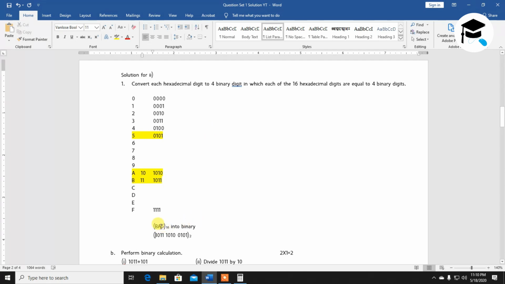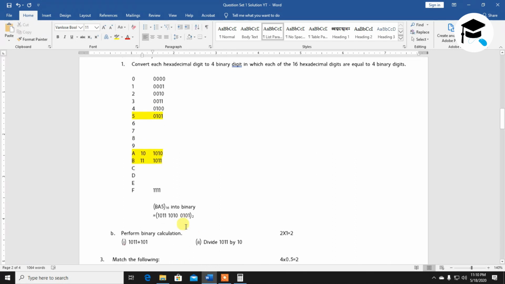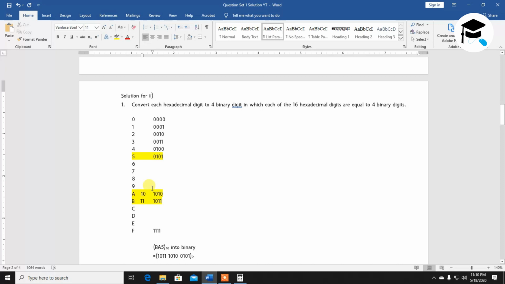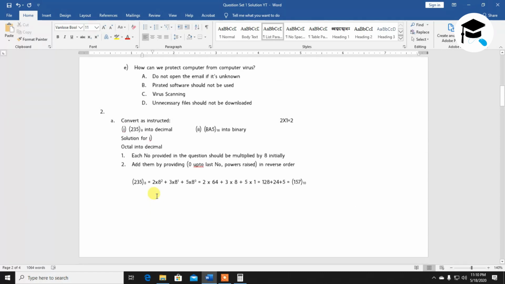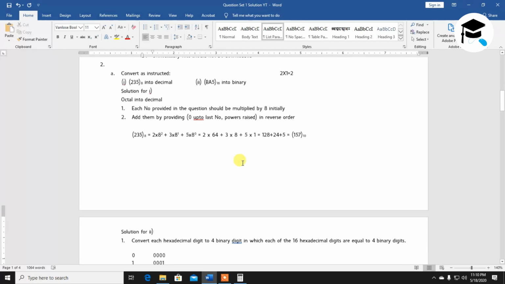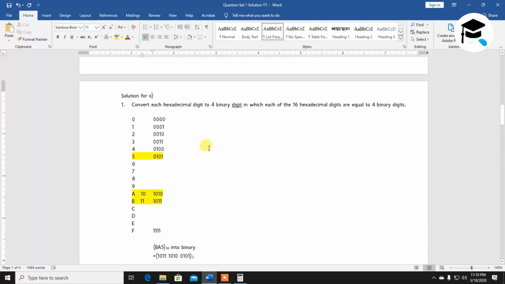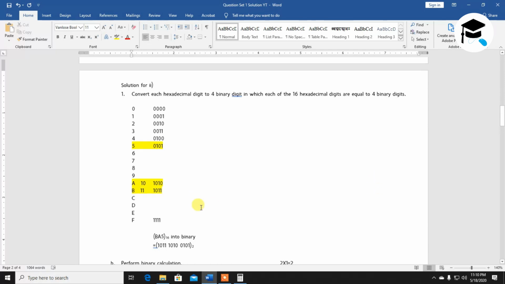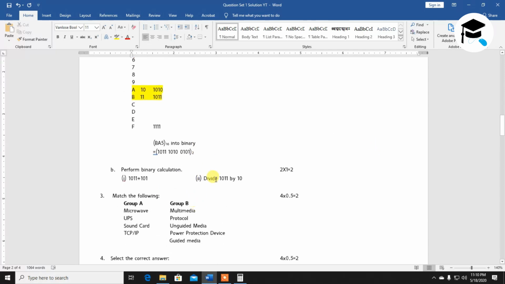We have converted this hexadecimal number into a binary number. I hope you have understood question number 2, both number 1 and number 2. You have successfully converted these as instructed in the question. But make sure that you remember this table, and that you have not forgotten this statement. And you need to divide this decimal number individually to show in your answer sheet.